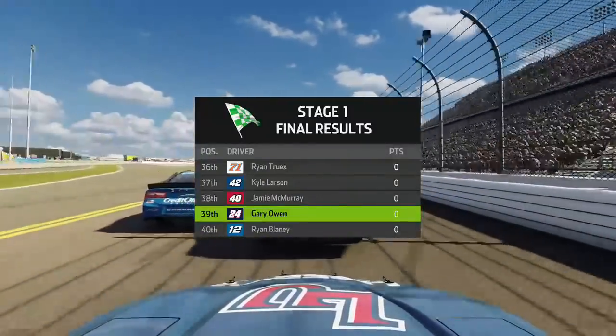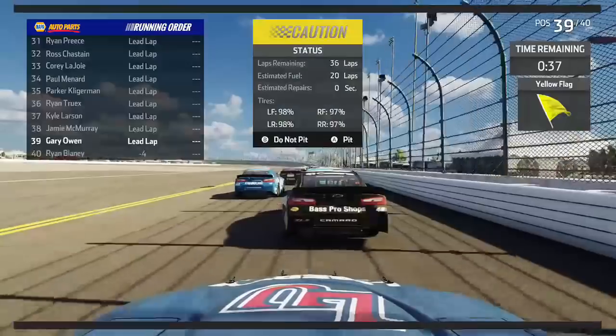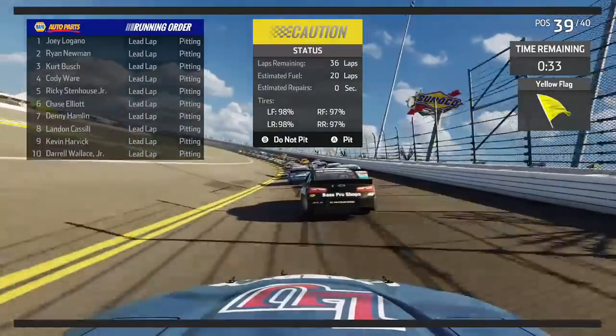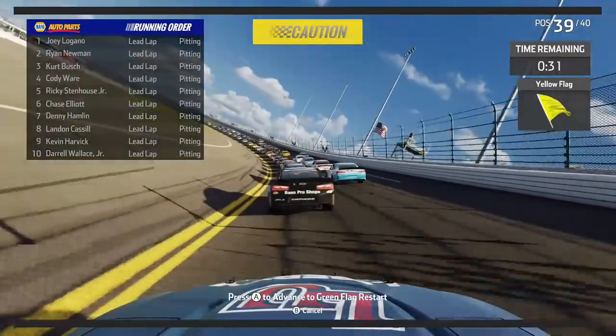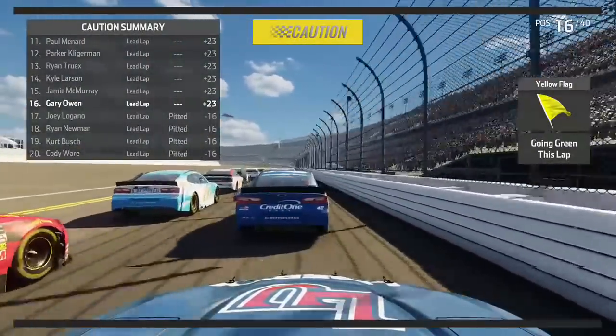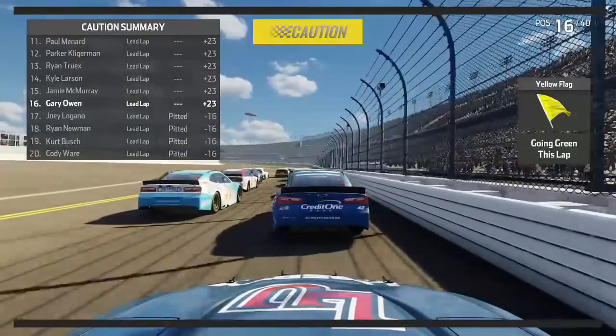Ryan Blaney, he's out of the race, so he's already locked into a 40th place finish here in Daytona, and we pitted under that yellow that we were involved in, so I decided, okay, here's an opportunity. We're going to stay out and move up to P16. The only problem is we're starting on the outside, so we might lose some positions here for the start of